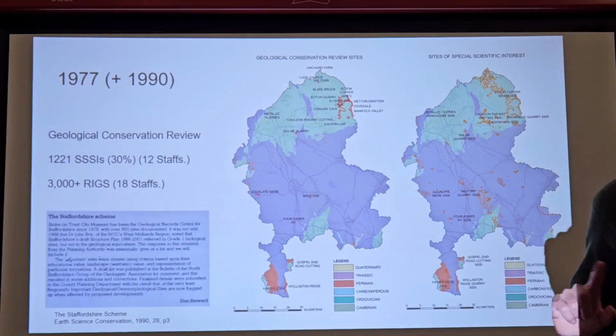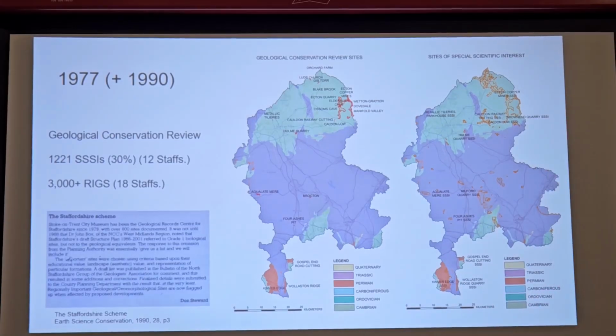So a consequence of the GCR also was to realise that those sites which didn't make the cut, weren't considered nationally important, still needed some sort of protection. And actually the Black Country has been absolutely instrumental in achieving that protection. And that was the establishment of a locally orientated system for protecting sites. So in the Black Country, in Dudley in particular, we have sites of importance for nature conservation, which were established